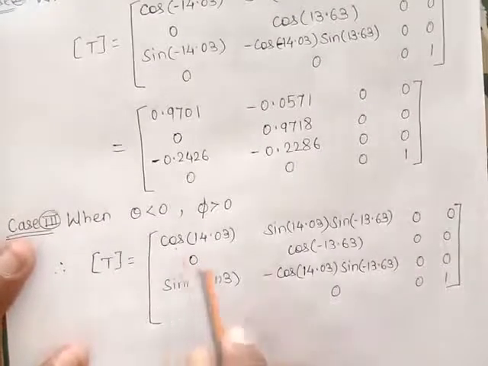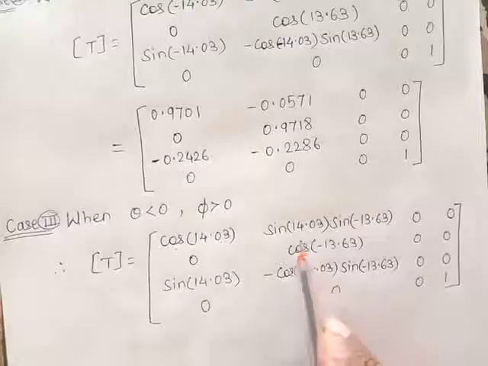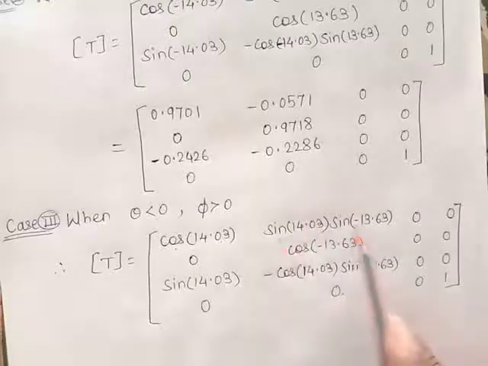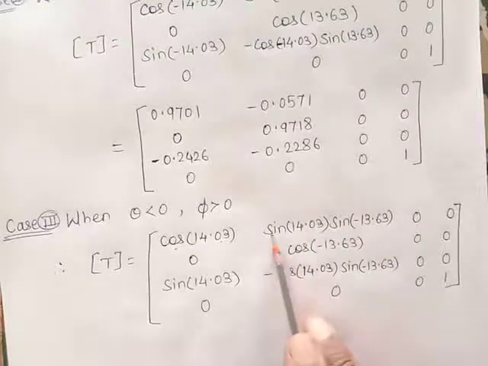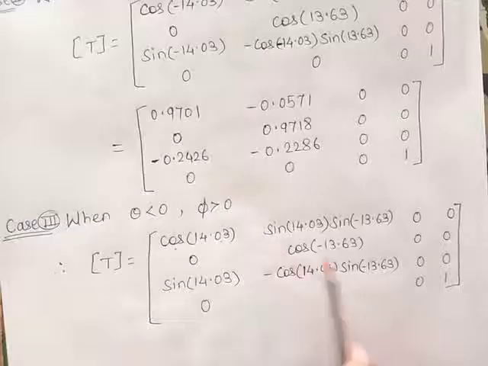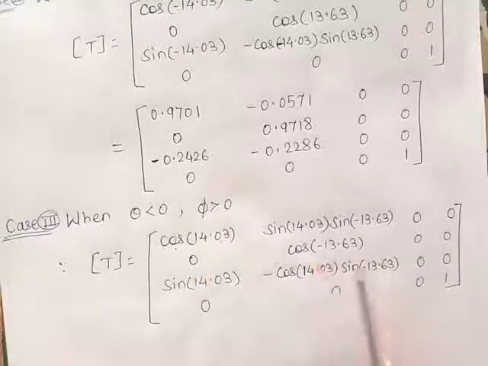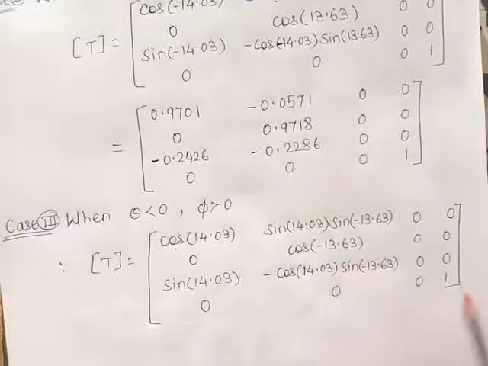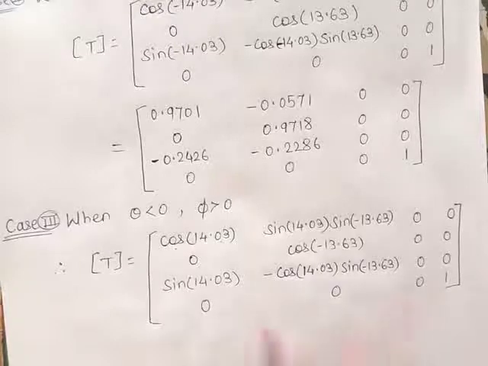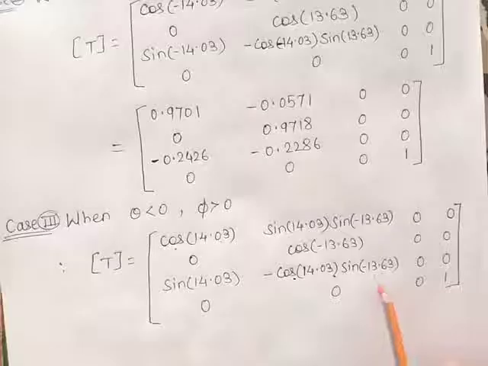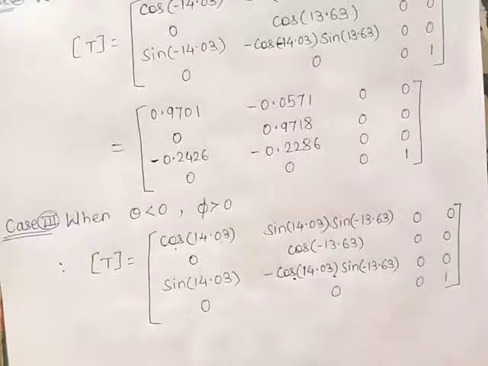Now here this is positive, no problem. This is positive, but due to this sign of minus theta, the whole term will become negative, right? Here this one is cos of minus theta. It is same as cos theta, so it remains positive. This is positive, no problem. Here the sign of minus theta is minus sin theta, so this term will become positive now.